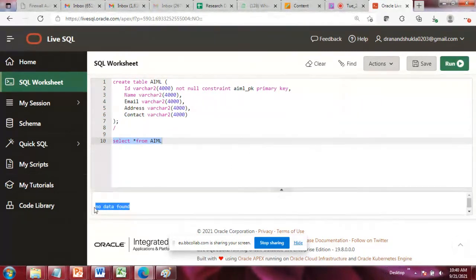No data form, because there is no record. Fine. Now let me create the procedure for this. So again, what I have to do for writing the procedure,